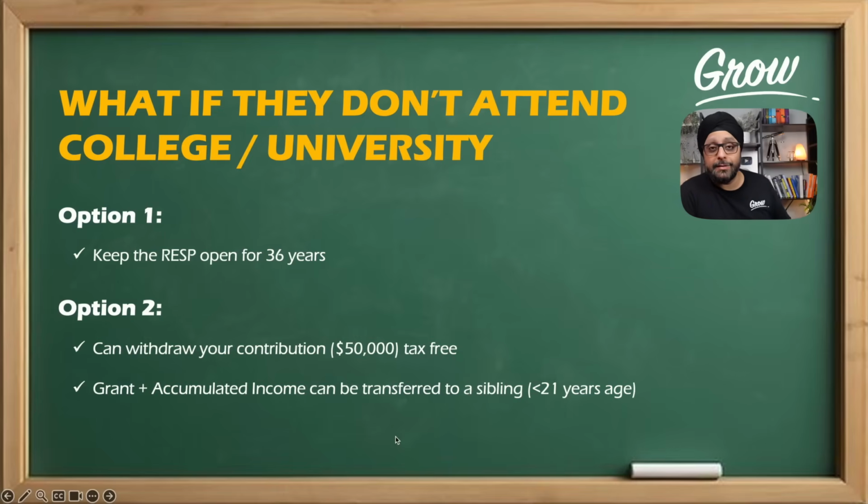But the accumulated income, which is a massive portion, we saw $70,000, $77,000. That's a massive amount of money that can actually be transferred to the sibling's name, and that's great because one child does not want to pursue education, the other child wants to become a doctor, which costs a lot more. It could help fund the second child's education.